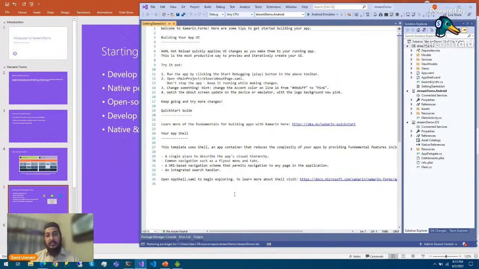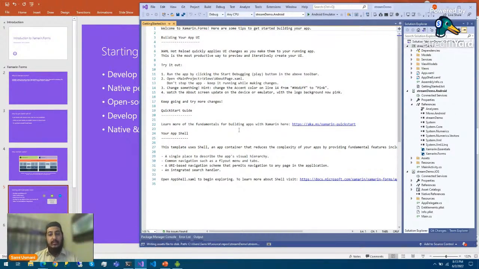Another option is to create an Android emulator and run your application on the emulator. So it is all up to you. Today we are going with the Android version of this framework.